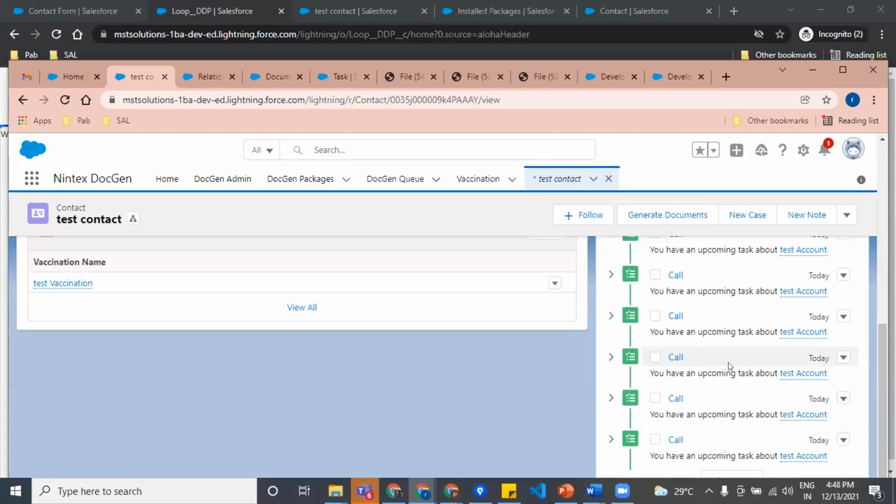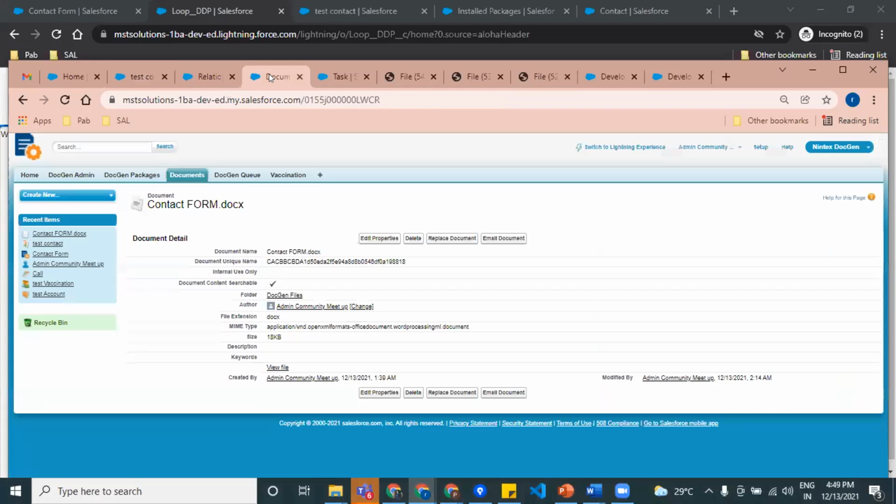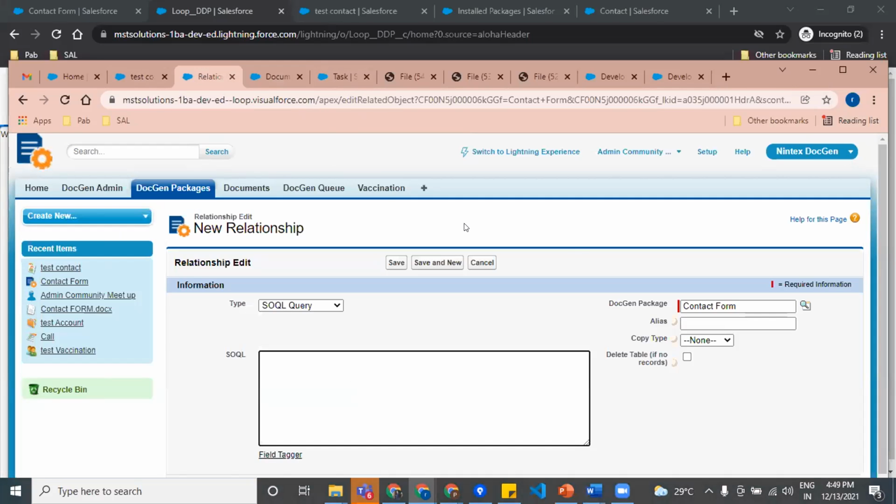It can happen and it will happen in Lightning, but for now the only concern is we cannot design the same thing in Lightning. We can just design it in Classic and then switch back to Lightning and see how it works. Earlier, this feature was not there; it is a 2021 update. PDF stamp and all these things are new features, and they are working on more new features to come.